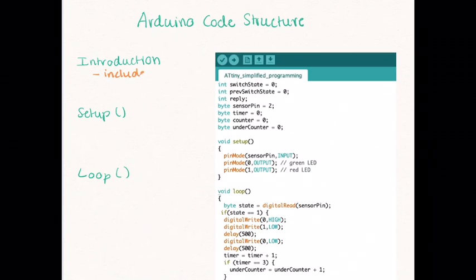Let me write this down. Include libraries, define constants, and also declare variables. Next up is the void setup. In the void setup, you can initialize variables, pin modes, incorporate libraries, or really do anything, and it's not too